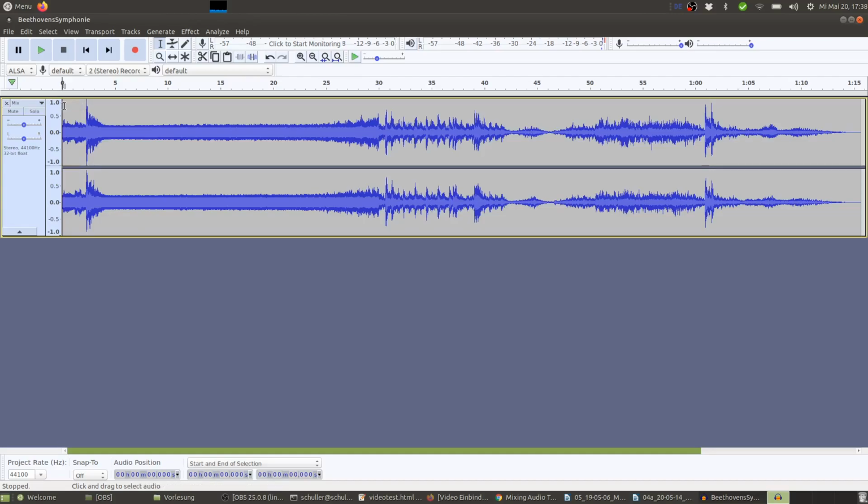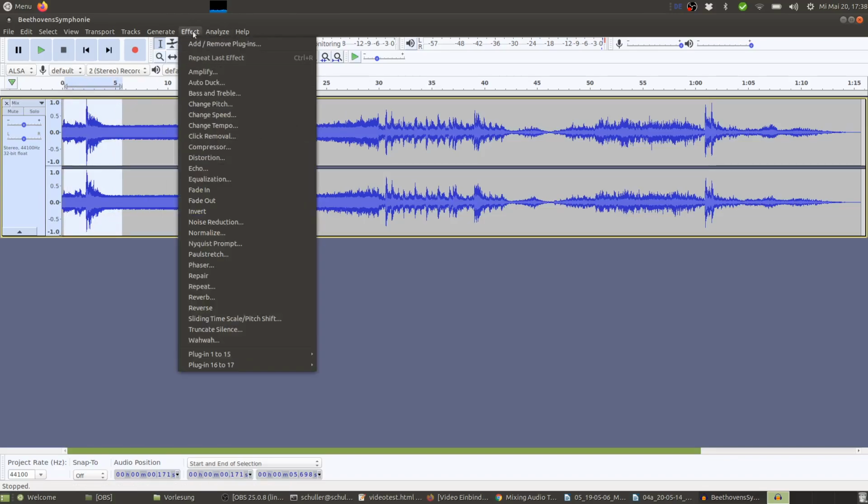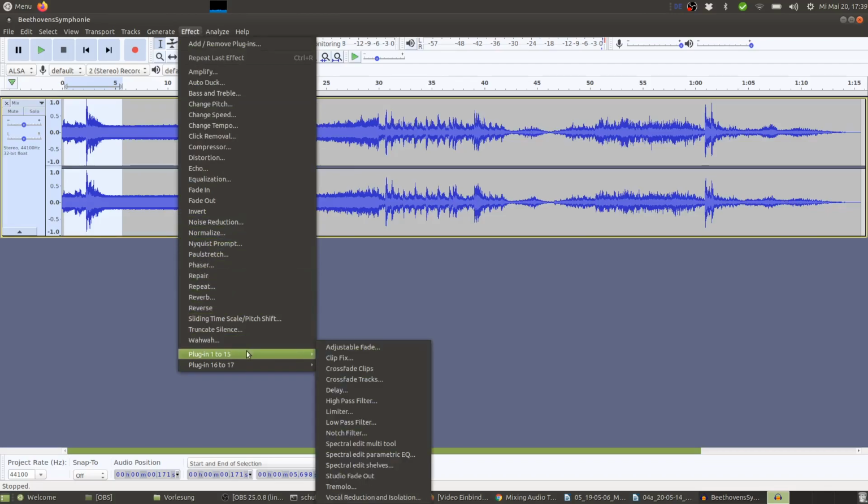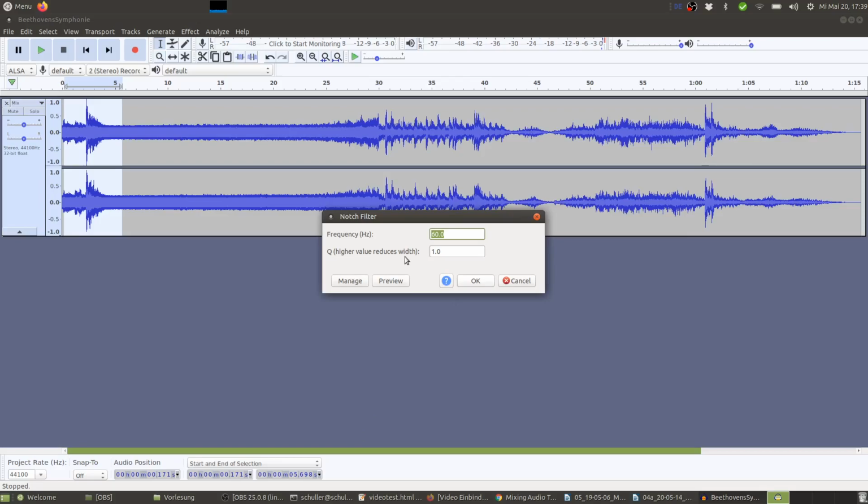And for that I can again mark it, and then I can apply effects. And here the notch filter that I now need to use can be found in plugin 1 to 15. So it's a little bit hidden on this practical tool, but here 1 to 15 leads me to this notch filter, right? Here you can see it, notch filter, it's preset with 60 Hertz, which is the power frequency in the Americas. But now I'm having 440 Hertz. So 440,